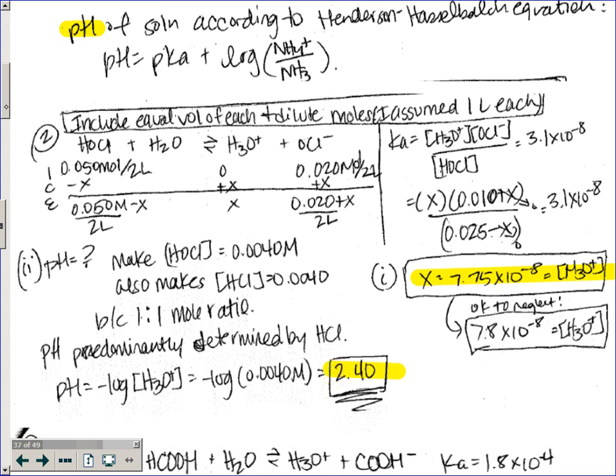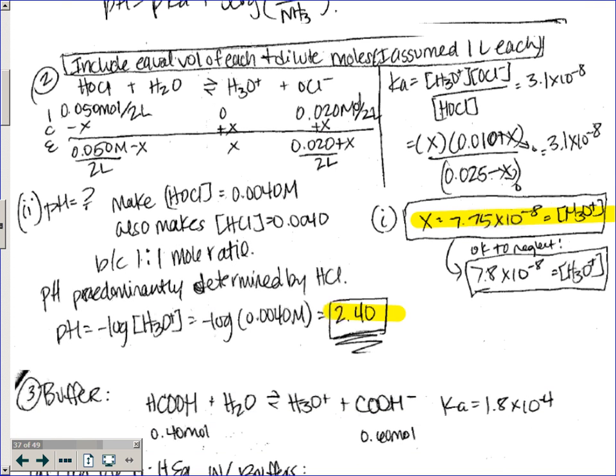And this one, what did you have to do? Solve for hydronium. Okay, so it said equimolar, or equal volumes. So I just made up 1 liter and 1 liter, because you can work with 1 liter really well. Technically you have a buffer, but many of us probably set up an ICE box first to see the relationships we have. So 0.05 moles divided by my total of 2 liters, 0.02 moles divided by my total of 2 liters, and then go through ICE, and you end up with,